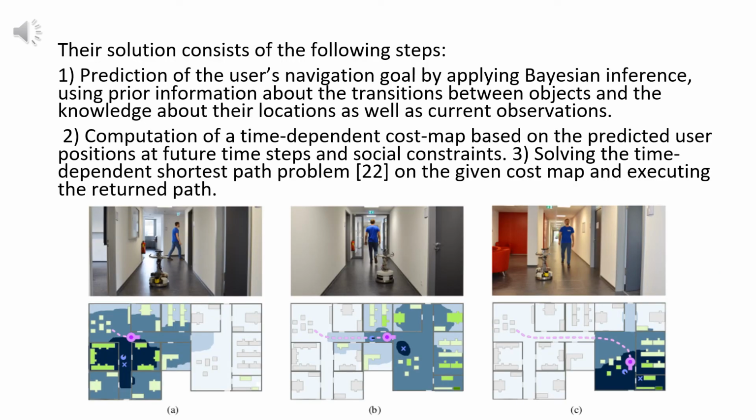Their solution consists of the following steps: First, prediction of the user's navigation goal by applying Bayesian inference using prior knowledge about the transitions between objects and the knowledge about their locations, as well as current observations. Second, computation of a time-dependent cost map based on the predicted user positions at the future time steps and social constraints as described in the previous section. Number three, solving the time-dependent shortest path problem on the given cost map, and executing the returned path. These steps are regularly executed to update the prediction and recalculate the best robot navigation action based on new